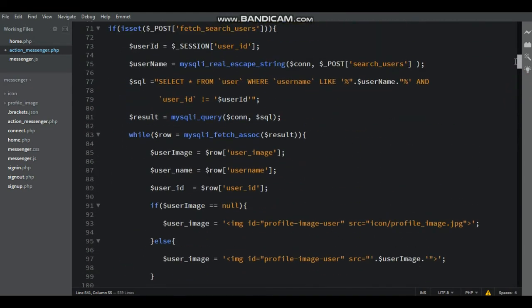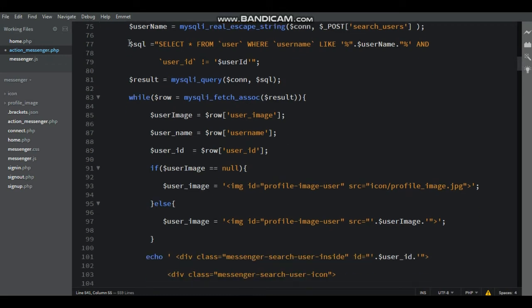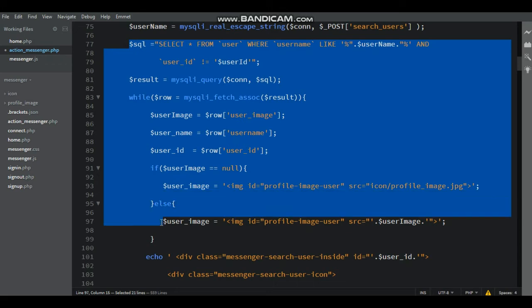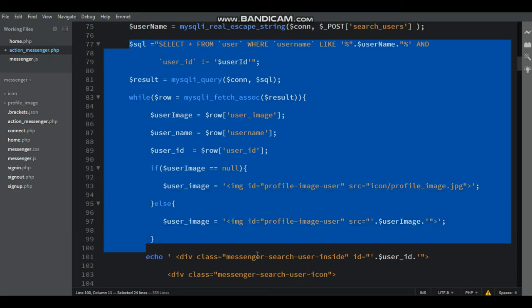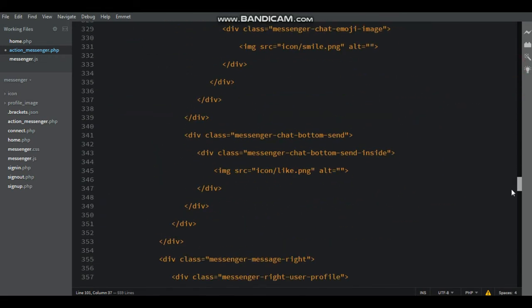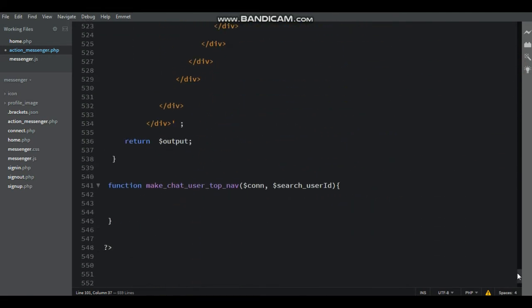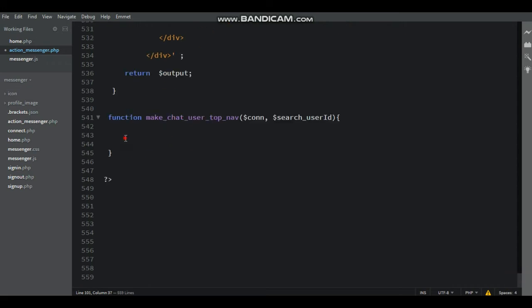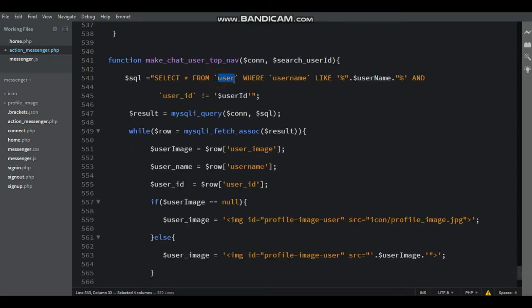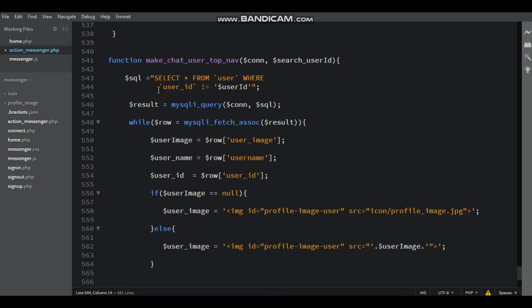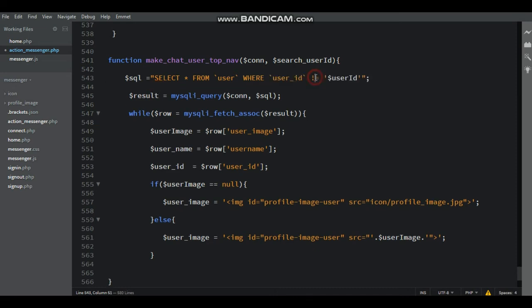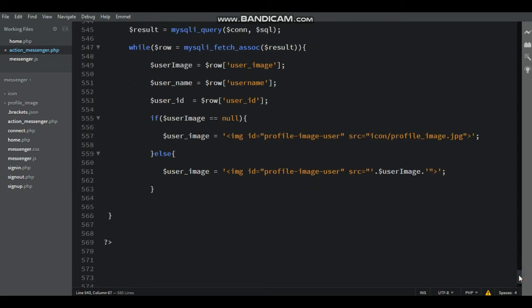Here that is just go to the search users and copy the SQL query and paste inside the make_chat_users_top_name function. Here just change it: select from users where user id equal to $search_users_id, and then the result, everything is same as the MySQL query, and then fetch the user's image and user's name.